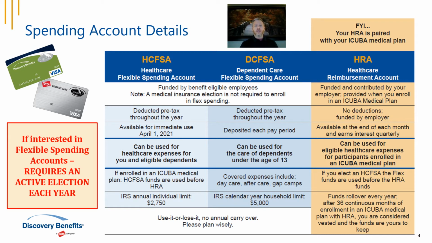And if your dependents are under the age of 13, then you can use these funds to offset their daycare expenses so that you can go to work. The IRS and your employer, they allow you to set aside up to $5,000 of your paycheck to help offset the cost of your daycare. And whatever you decide to elect, it will be taken out of your paycheck evenly over the course of the year.